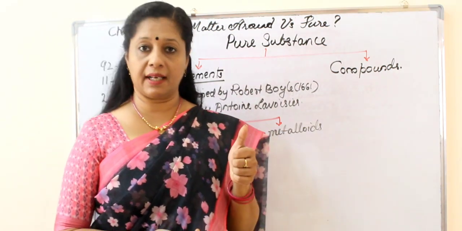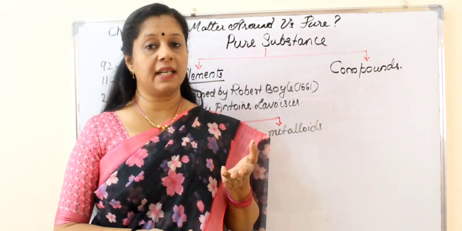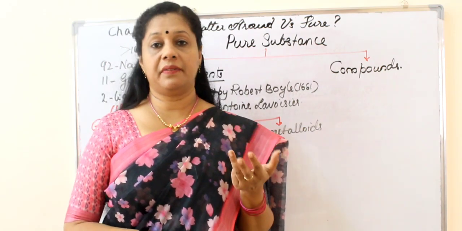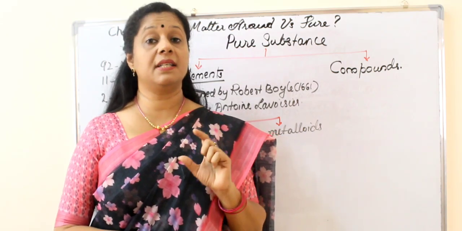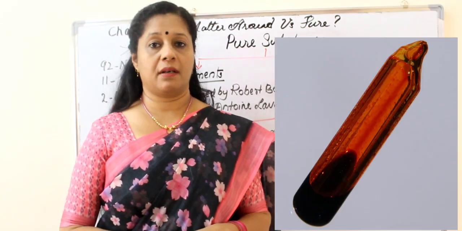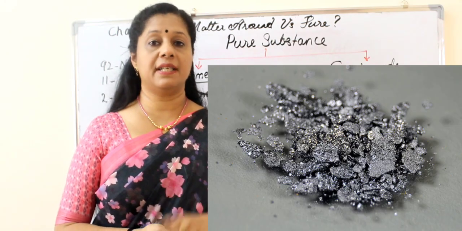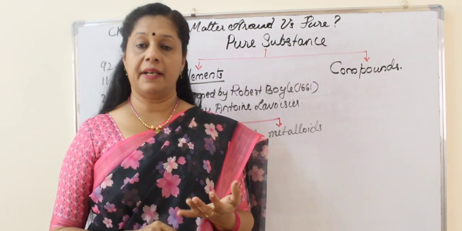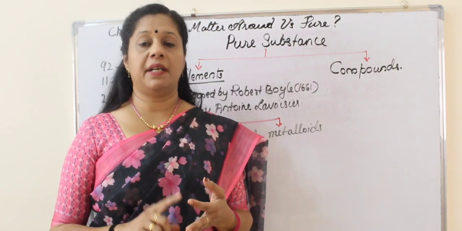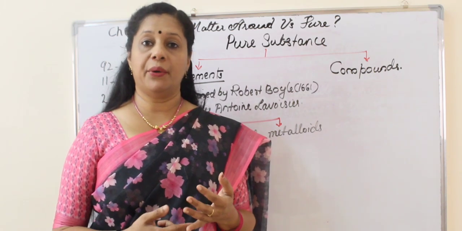That means they are not ductile, they are not malleable, they are not sonorous, they cannot conduct heat and electricity, and many of them are in the gaseous form or in the solid form. And the non-metal which is liquid at room temperature is bromine. Usually they are not lustrous. There also one exception is there. Iodine is a non-metal which is lustrous. So examples of non-metals, if you see hydrogen, oxygen, carbon, nitrogen, then you can say about bromine, iodine, all these